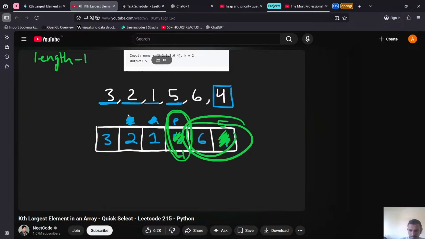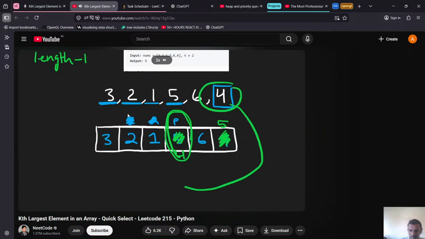We're only going to be looking at at most one half of the partition, wherever we know that the target value happens to be. And assuming in the average case, every time we choose a pivot, that pivot is going to be somewhere in the middle of the array. It's going to be middle of the pack, where half the elements are less than it, half of them are greater than it. You can probably skip over this part, you probably don't care, but